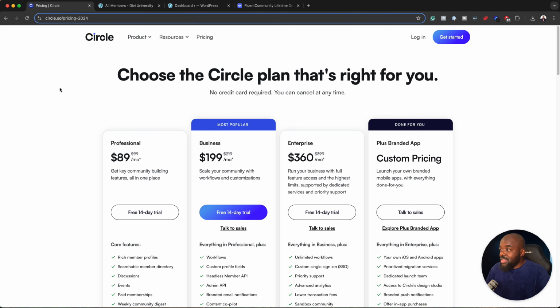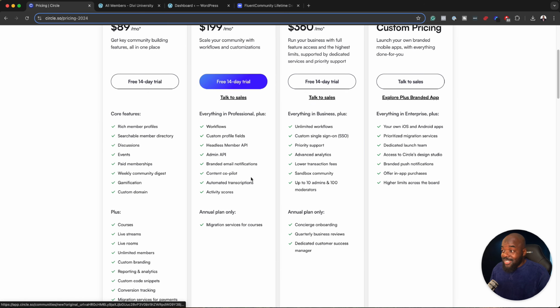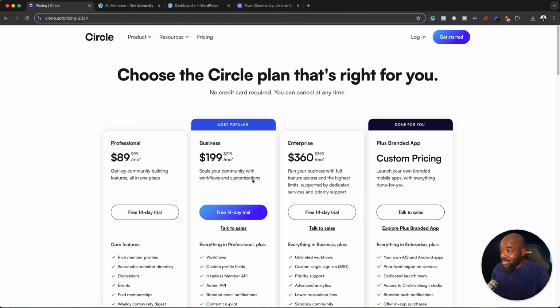You can actually use this as an example to pitch your price for how much you're going to charge for the community website that you're going to build for your client. So this is amazing in terms of the pricing that we're talking about here, especially if you're starting off.